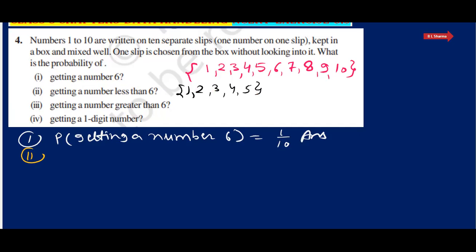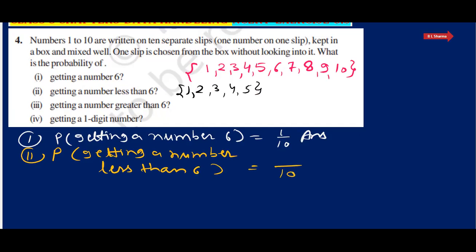So probability of getting a number less than 6, that is out of 10, how many? 5, or on cancellation that is 1 upon 2, आंसर। फिर से काउंट करते देखिए कितने, 1 2 3 4 and 5।